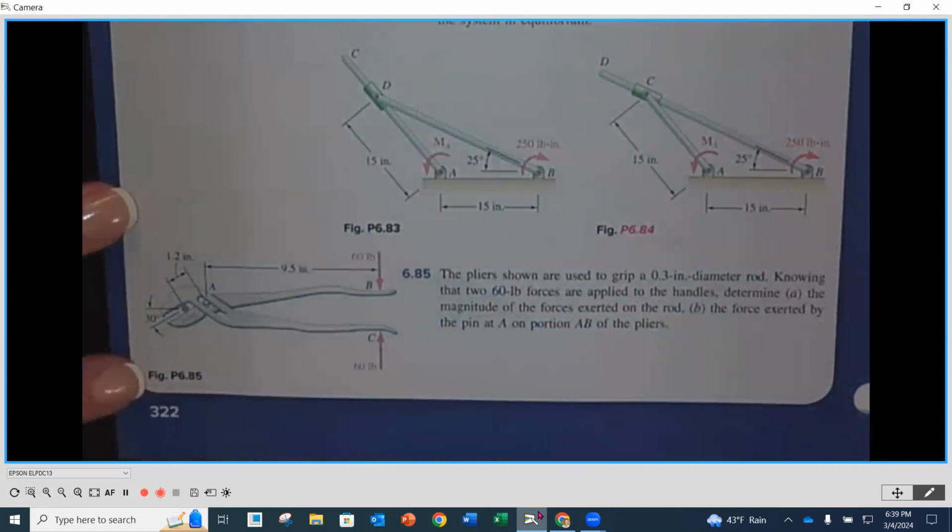Okay. So there's more there than what you may think. And then you also want to know what the force is that's exerted on the pin. Okay, and that's going to be pin A. So because it's a pin, it's going to have an X and a Y reaction. Okay. So very similar to our problem, just a little bit of a difference just because of the surface